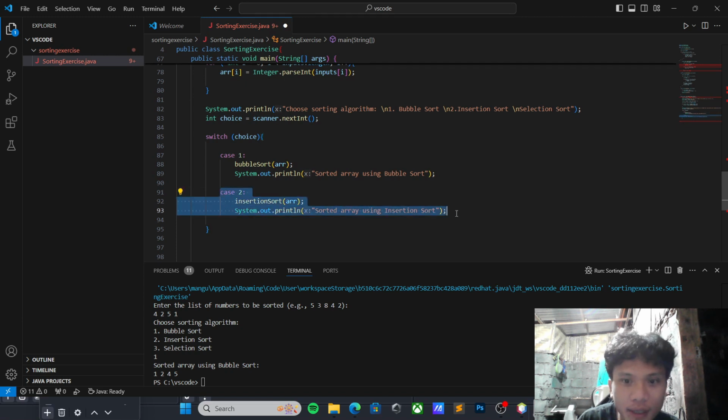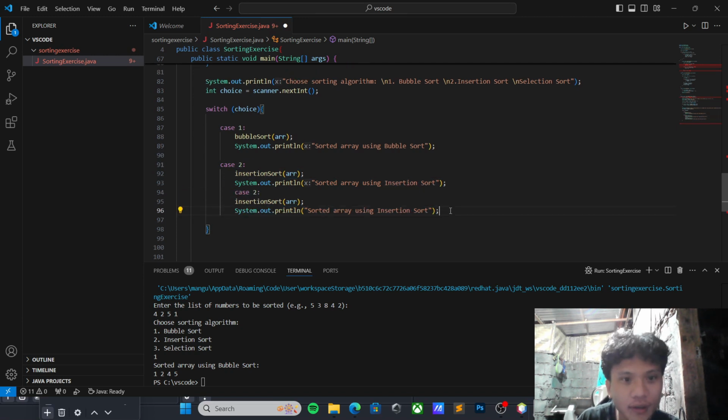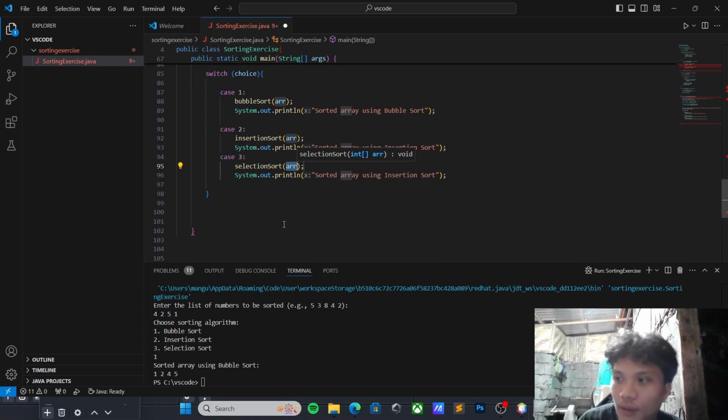Copy again for our case 3, the selection method.